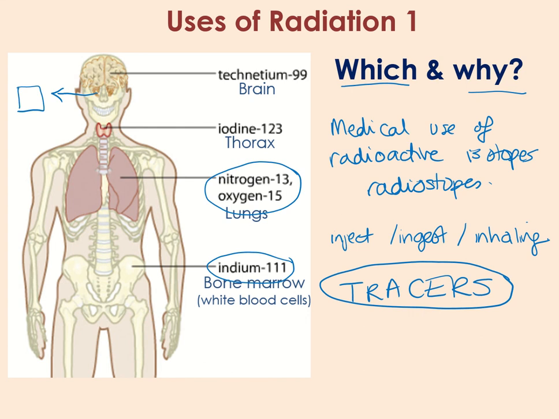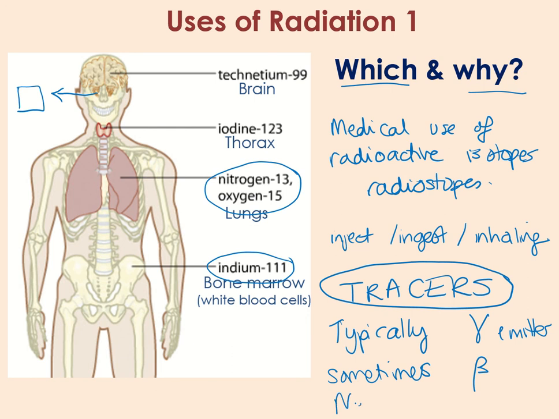So with this technology, typically we are using gamma emitters, but occasionally beta, and never alpha, because it can't penetrate out of the body, and also because it's highly ionising,